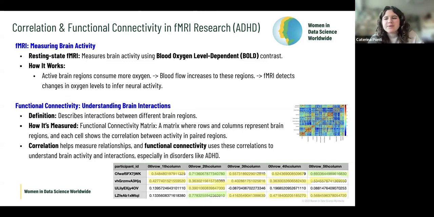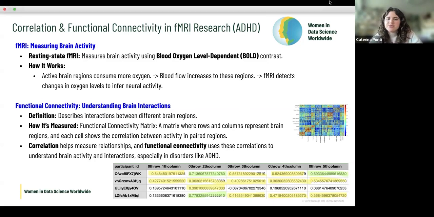So just to go over some examples from the dataset itself, this is the test dataset at the bottom of the slide, and those are the functional connectivity matrices. Highlighting in green, I just highlighted some of the strongest correlations that I noticed. I personally think it's really strong to have a correlation of like 0.77, for example, between brain region 0 and the second brain region. And between the 0 and the 5th row, I think those are pretty strong correlations.